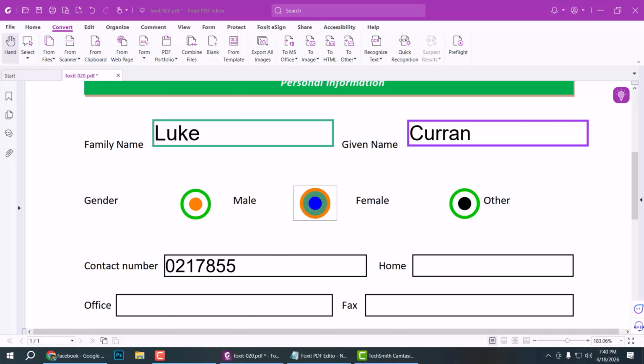Hello everyone, today I'll show you how to edit or fix radio button name or rename radio button name using Foxit PDF Editor. And this is my fillable PDF form, and see this radio button not working because this radio